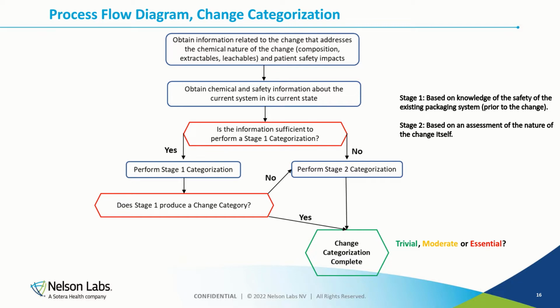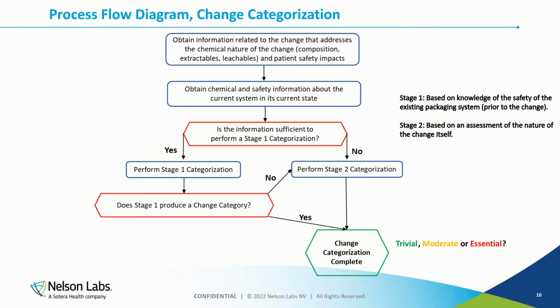The idea here is that if your packaging system is extremely safe, whatever that means, and we'll talk about that in a little bit, then it can handle more significant changes and still be safe. On the other hand, if the packaging system is borderline safe, yeah, it's safe, but it's borderline, then